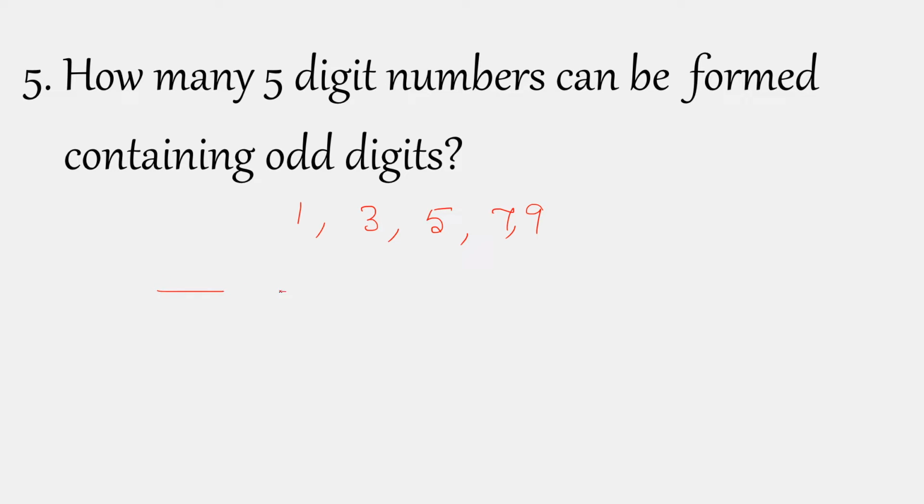So here 5-digit numbers, 1, 2, 3, 4, 5. It is similar to the same question. The previous question is similar to this. So 5 into 4 into 3 into 2 into 1. Is this the answer? No, this is wrong. If you write like this, this is wrong. So 120 is not the correct answer.